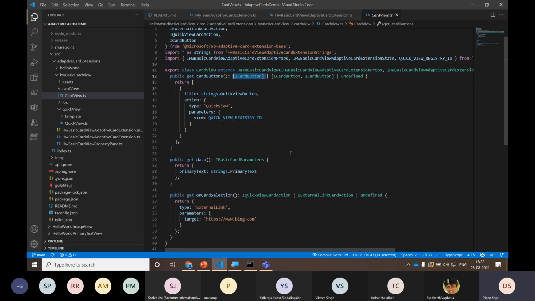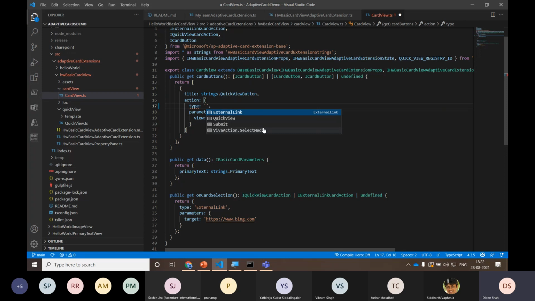Inside the card buttons are the actions: when the user clicks on that button, what should happen and where the user should go. Here are the two options: one is the quick view and the second is the external link.